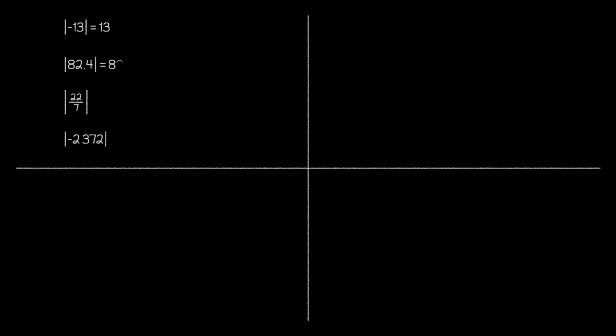Now, let's look at some examples. To start, here are some basic absolute value expressions, and here are their corresponding values. Next, here are a couple problems where we need to do some operations before we take the absolute value. For example, in the first problem, we start by doing 2/3 minus 4, which is the same as 2/3 minus 12/3, which is negative 10/3. Then we take the absolute value, which is positive 10/3.